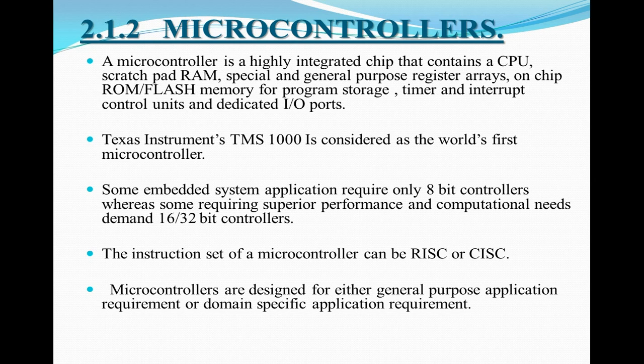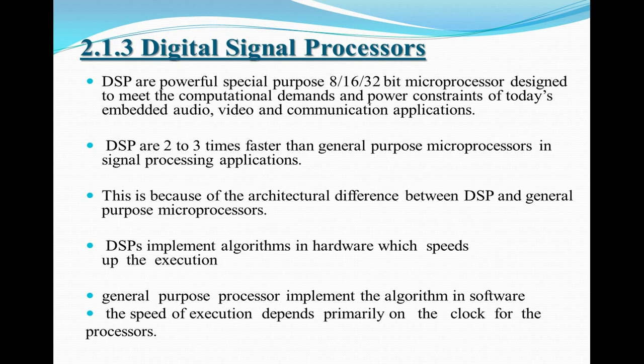Based on endianness, there are two types of processors. One is the little endian processors and the second one is the big endian processors. Let us see in detail what we mean by little endian and big endian. Little endian means the lower order data byte is stored in the memory at the lowest address and the higher order data byte is stored at the highest address. If you refer to this diagram, here you can see how the data is to be fetched. Suppose we are working on little endian.